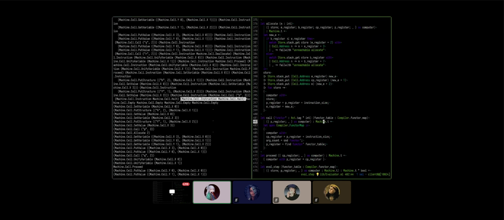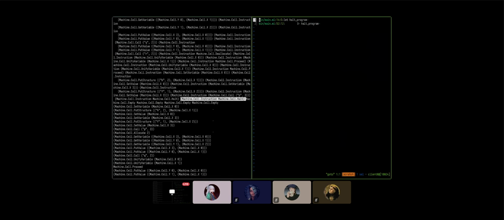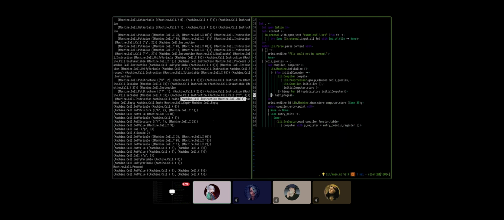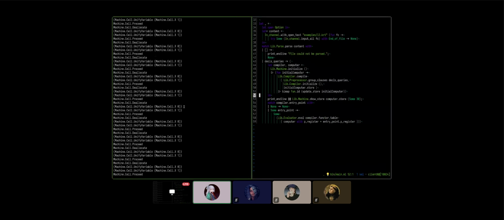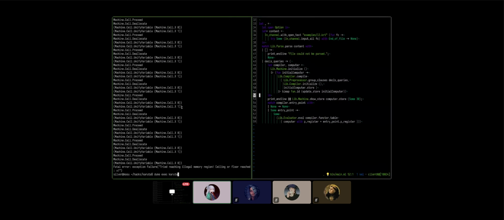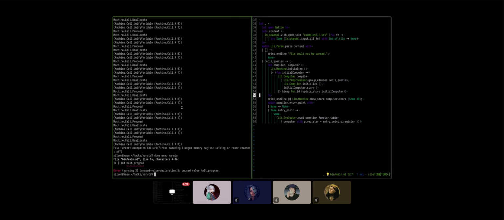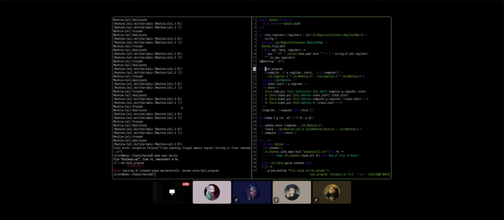No, it was a safety measure actually. If we get rid of this, let's just remove it. Well, it's actually not going to do anything in this version of the compiler because it's compiling things in a different order. Let's just comment this out for now.